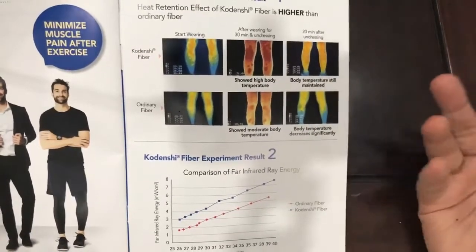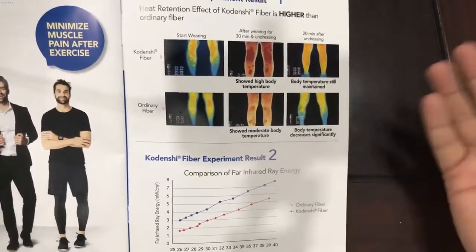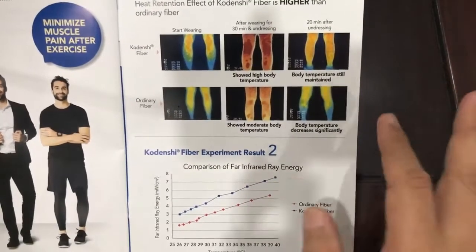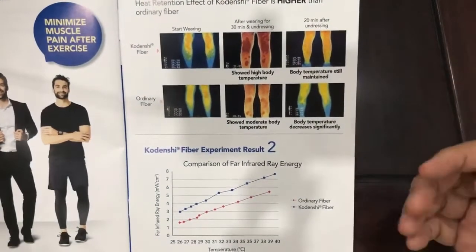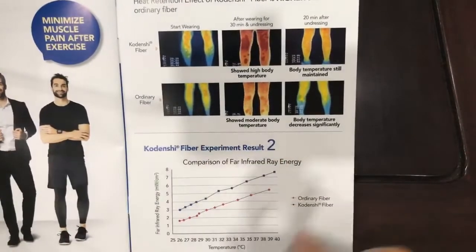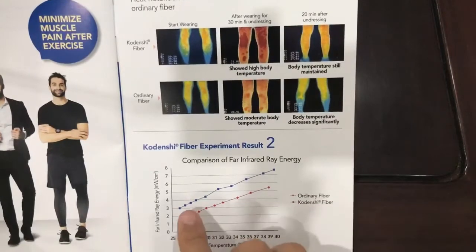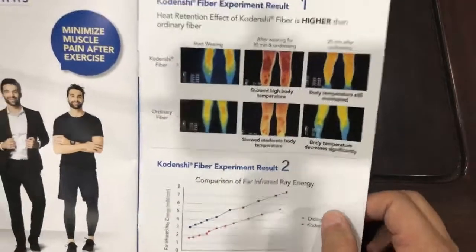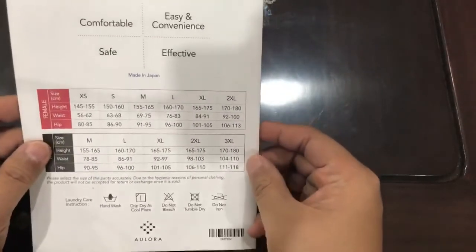results, what do you think after we put on the pants for 1 day, 1 week, or even 1 year? The result is going to get better and better. So we have to see. That's why we have to encourage our customer to wear it as long as they can. Okay. So the experiment also showed that our Kodenshi fiber has higher energy compared to the ordinary fiber. Right? So usually when it comes to the last page, I will tell my friend that we have to